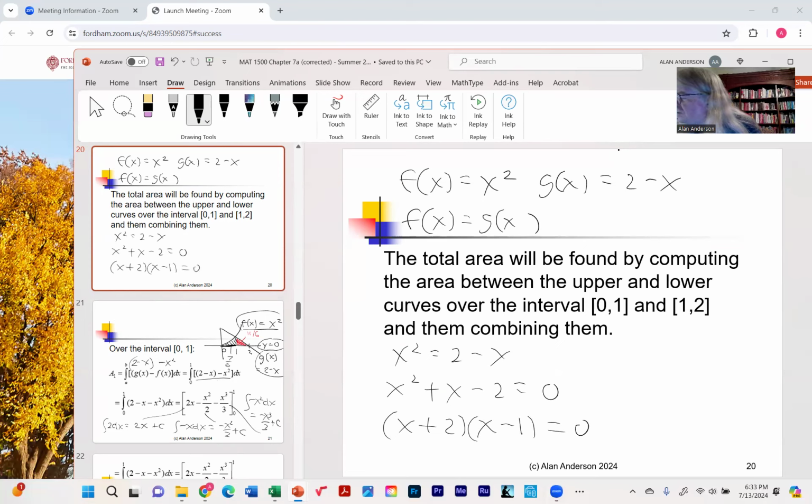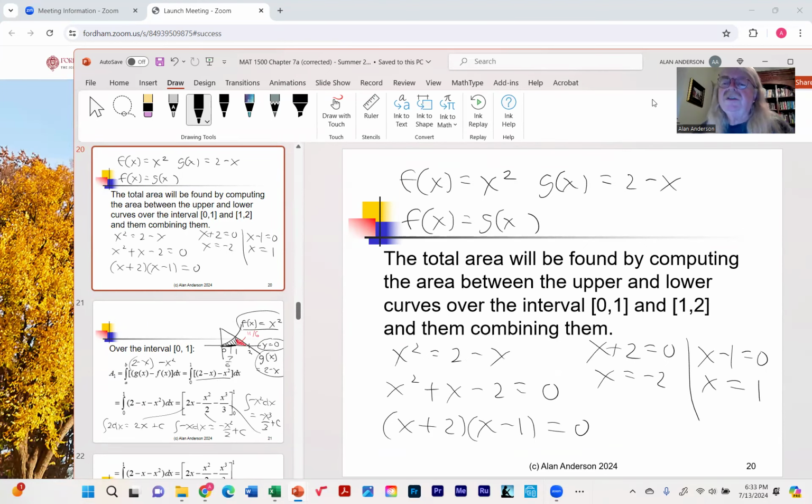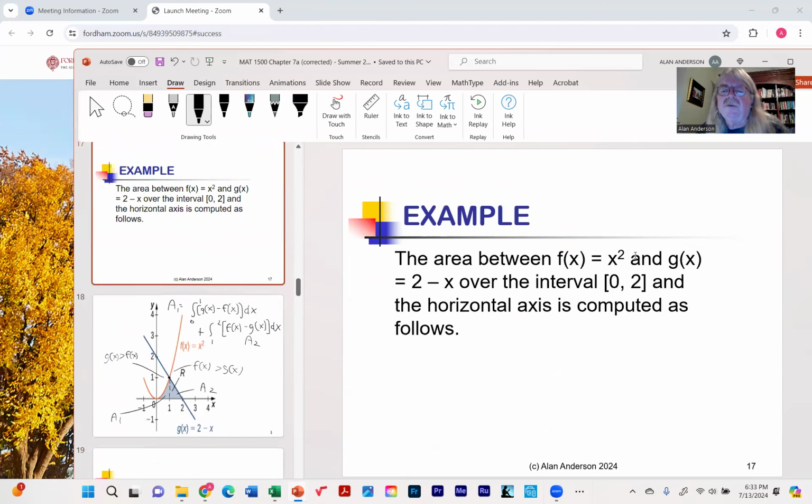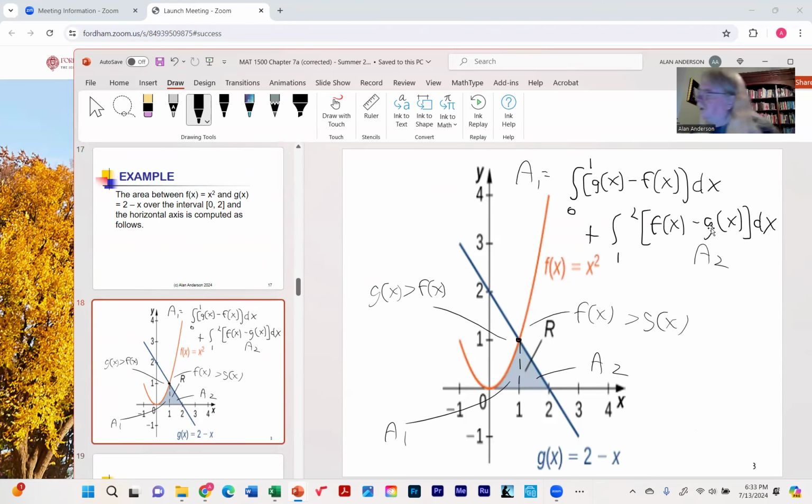So I'm just going to quickly factor it. And that means that x plus 2 equals 0, x minus 1 equals 0. Okay, so what this is telling me is that the two functions will cross when x equals -2 and +1. So here's the +1, and we already have that. So we already knew that between 0 and 1, g of x is on top. Between 1 and 2, f of x is on top. What about that -2, though? Well, it turns out,